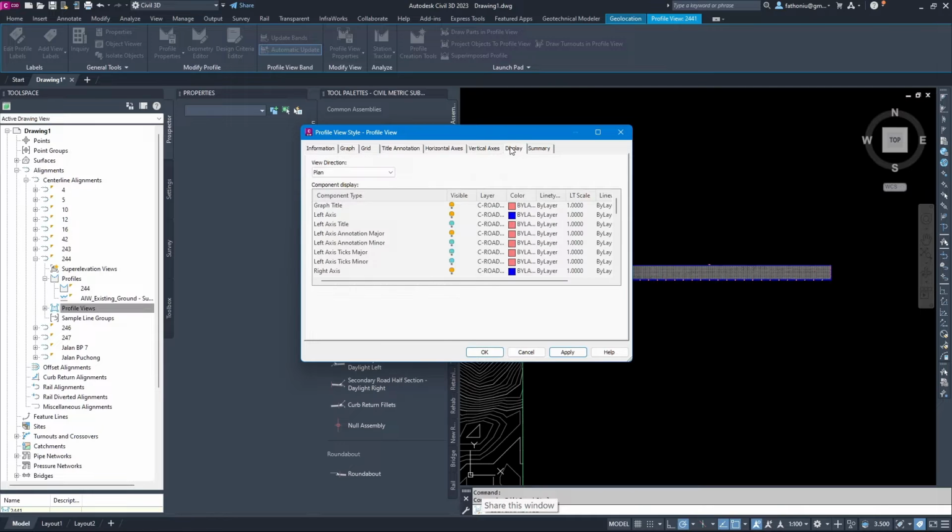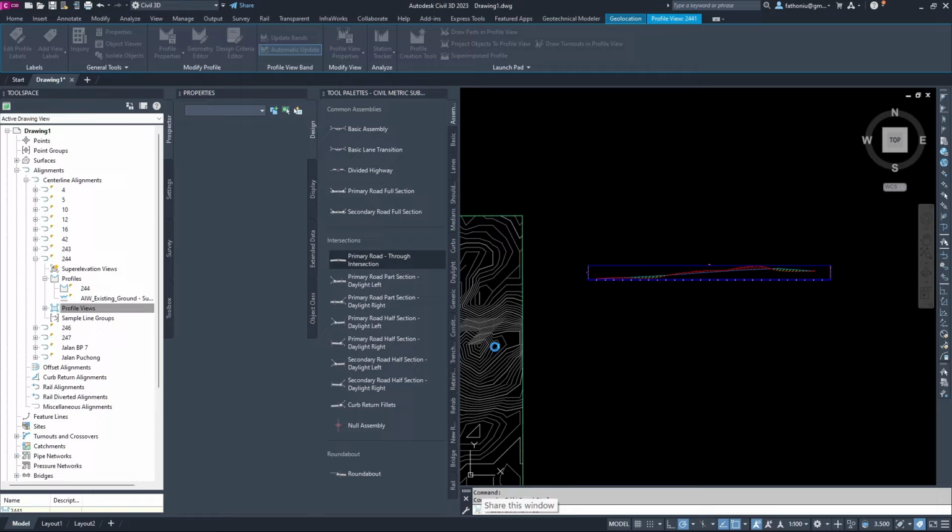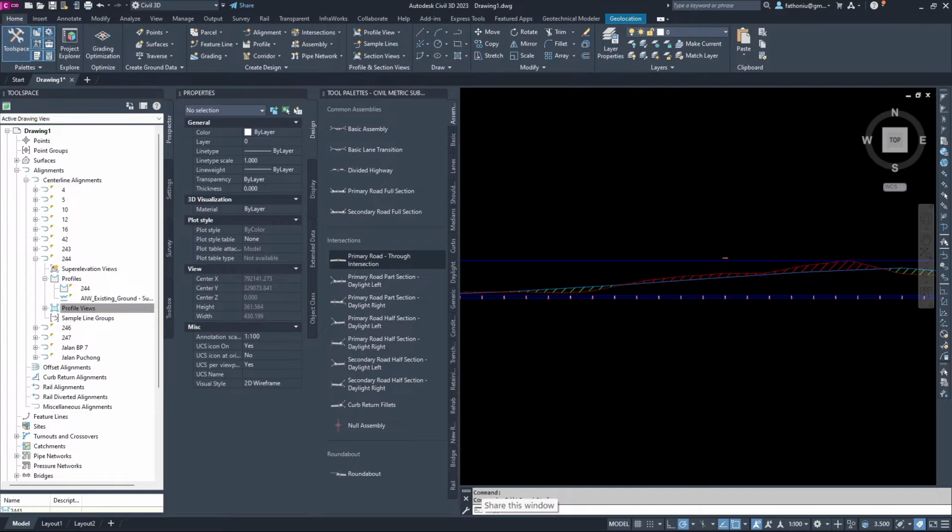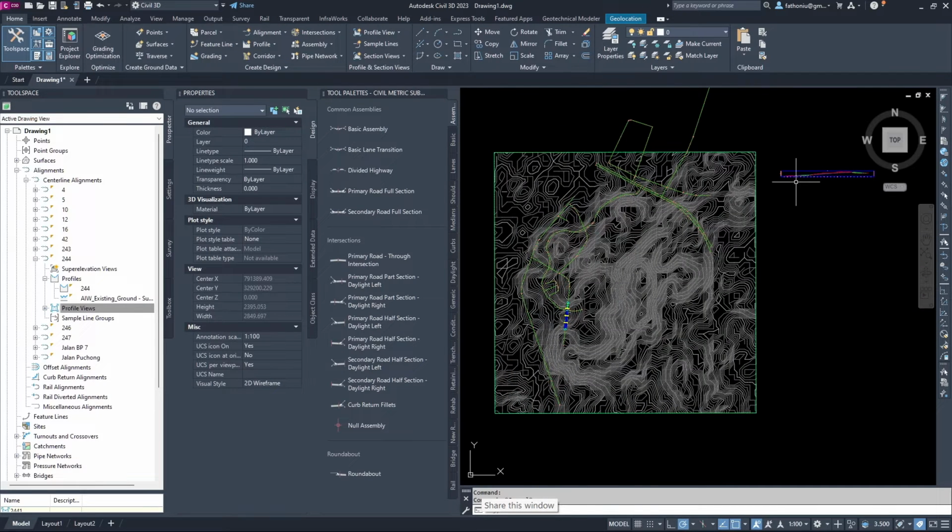And then for the display, you can set up the display here. Graph title is on, left axis on, title axis left, we set it on. We remove all the grid, major, vertical, and horizontal we switch off. Minor as well, so that it will be empty. And then okay, so you can see that like that.